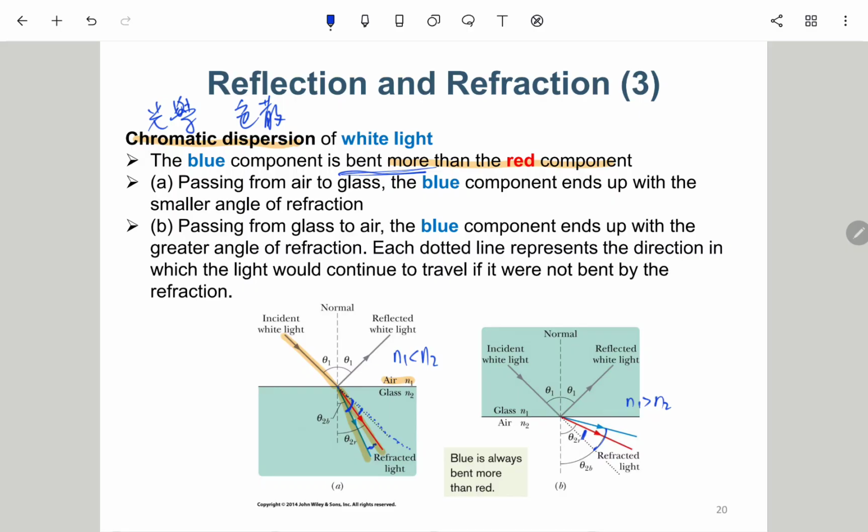But in a raining or foggy situation, this kind of refraction will be repeated again and again, so it will accumulate into a large angle difference. Okay, so maybe let me